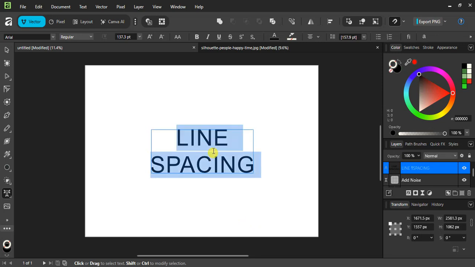Now highlight the portion of text you want to affect. You can select a specific paragraph, a few lines, or the entire text object. The change you're about to make applies only to what's highlighted, which is perfect when you want different spacing for